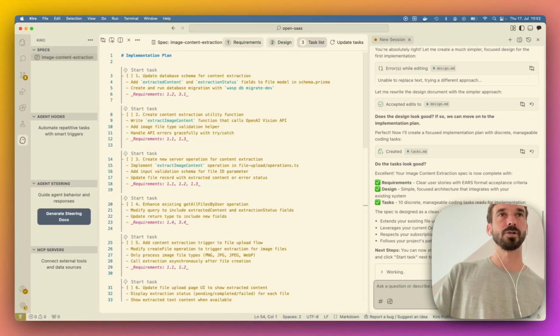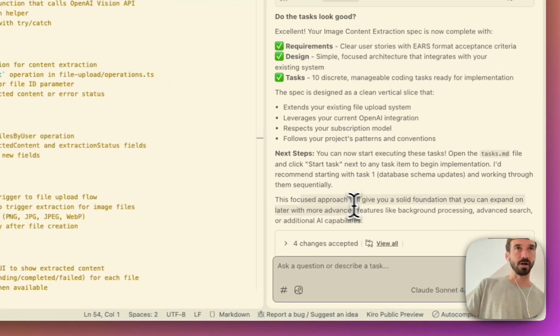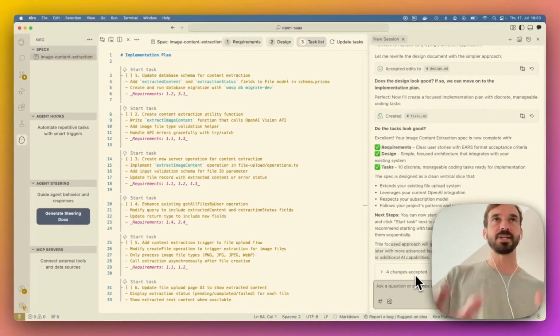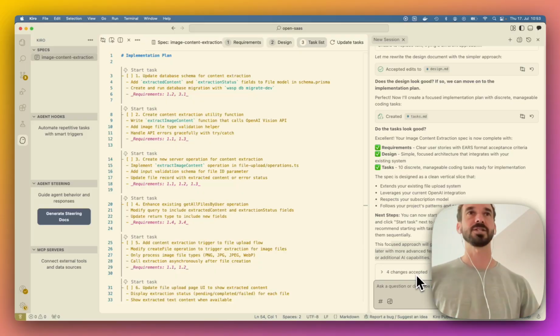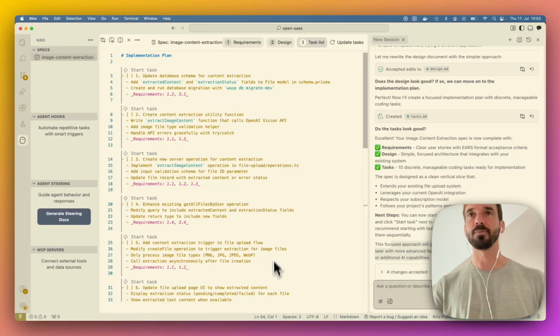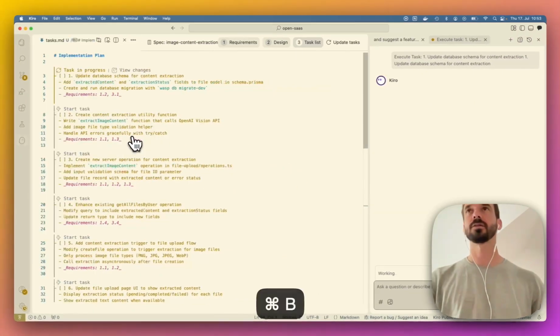Okay, so it's saying this spec phase is done. You can open tasks, click start task. The focused approach will give you a solid foundation, blah, blah, blah. In this section, it didn't ask me to accept or reject changes. It's only doing them and then giving you the option to revert. And it's not really showing diffs like I noticed, but maybe that's different for the actual project files. So let's just click start task,